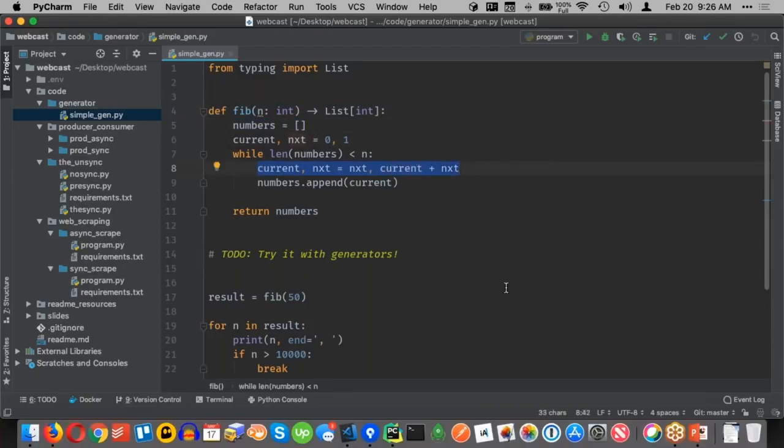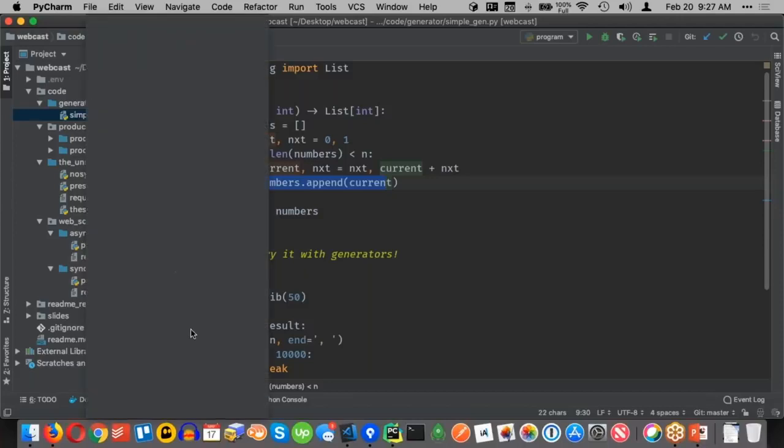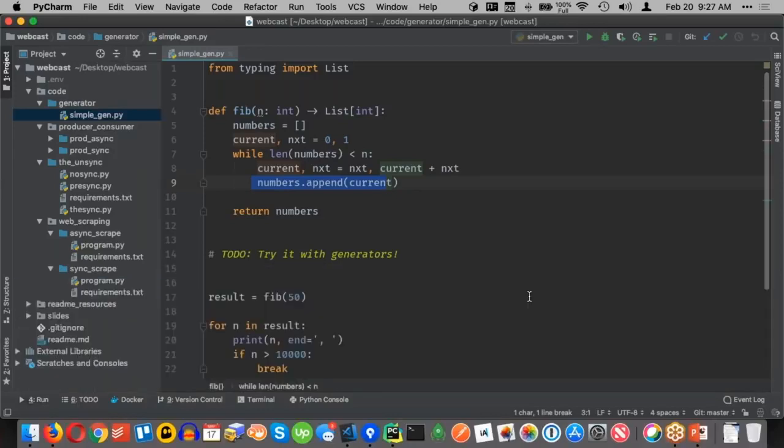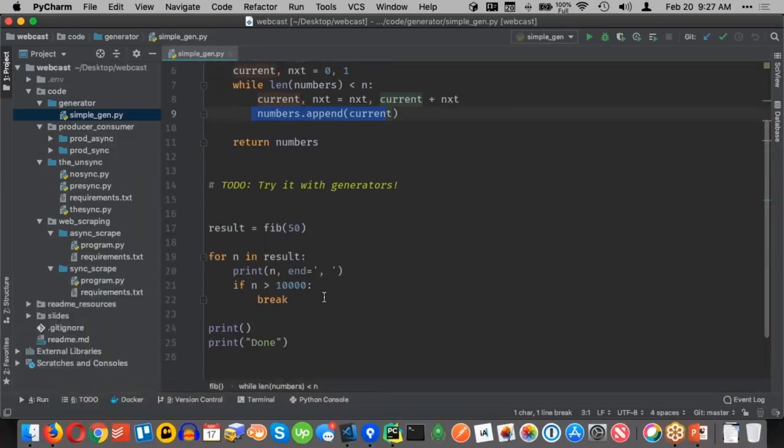And isn't Python beautiful the way you can do that in one line right there? And I'm going to add it to this list. And then when I've gotten all that you've asked for, I'm going to return that list. Well, that's great when I want 50 Fibonacci numbers and you run it. There we are. There's a bunch of Fibonacci numbers, okay? And I'm actually only showing some of them. We'll see why that's relevant later.